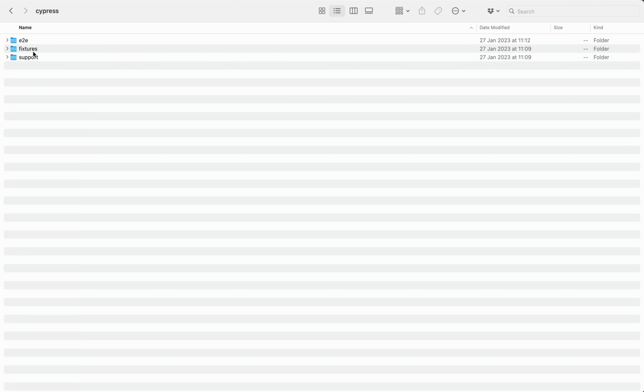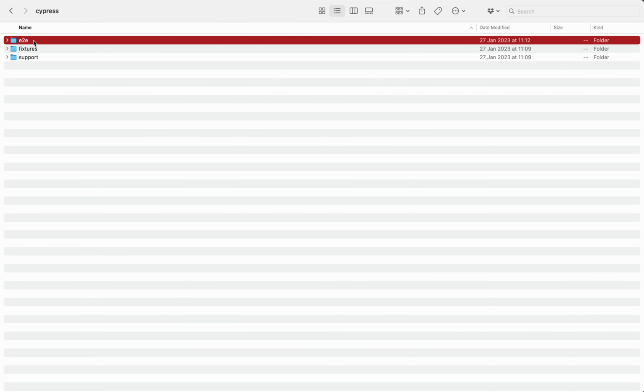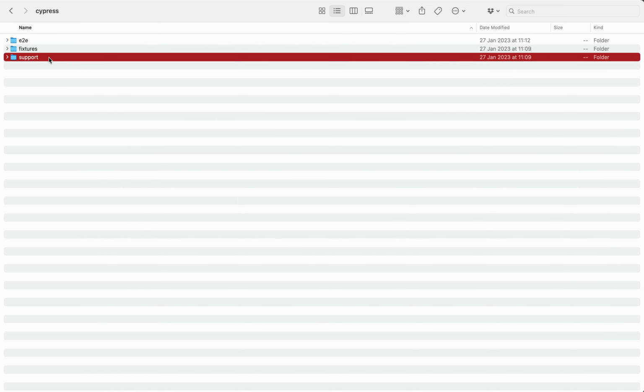So I'm just going to open up our project, and you can see that it generated our end-to-end folder, the fixtures folder, and a support folder.